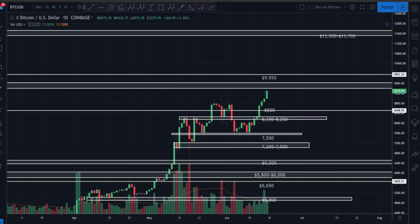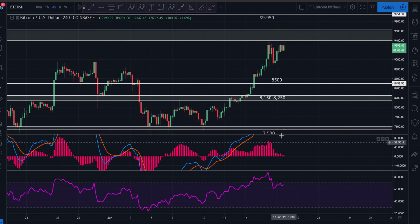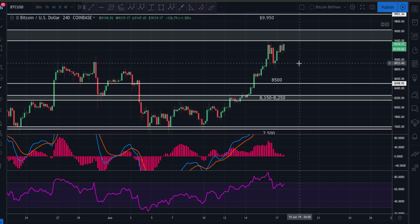Let's go ahead and look at the 4-hour chart, guys, zooming in on the 4-hour. The 4-hour is also suggesting some bearish divergence here, guys. So again, I wouldn't be surprised if we did come back down here and test at least 9,000. If we get a 4-hour candle, more like about 8,920, both opening and closing, a decisive break on the 4-hour, both opening and closing below about 8,900, I do think we come back down and at least test 8,650,